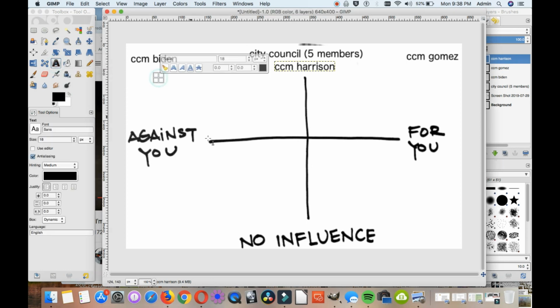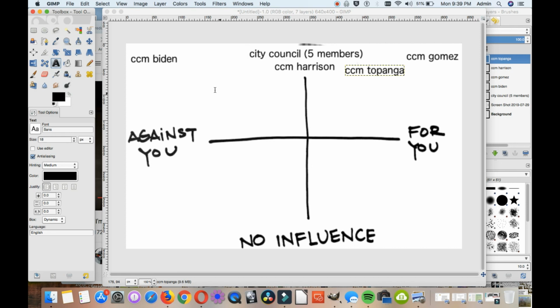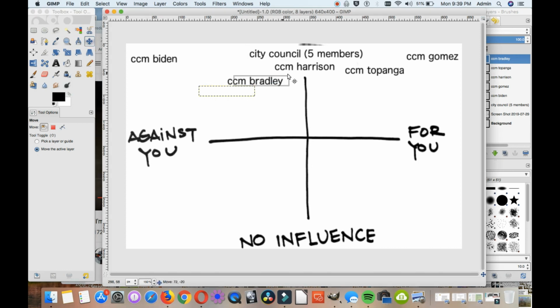And then we have city council member Topanga. They're somewhere over here, we're pretty sure. We're not 100% sure. Somebody who's kind of on the fence, we need to do more research on. City council member, give me a name. Bradley. I don't know, that sounds like a name. They're somewhere over here. So all right, now we can actually